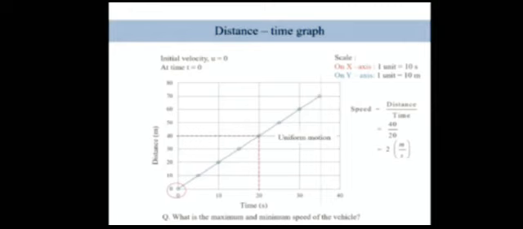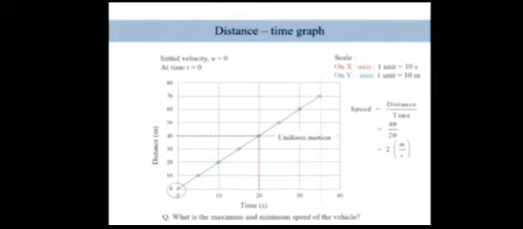Could someone please answer what the maximum and minimum speed of the vehicle is here? You have to tell me or message in the group what the maximum and minimum speed of the vehicle is for this particular graph, from whatever we have studied. As you can see, the maximum point is somewhere here, 35. Everyone has to solve and check whether the maximum and minimum speed are the same or different, or whether all the speeds we get for this graph are equal to 2 meters per second. You can cross-check, and in case of any confusion you can contact me.